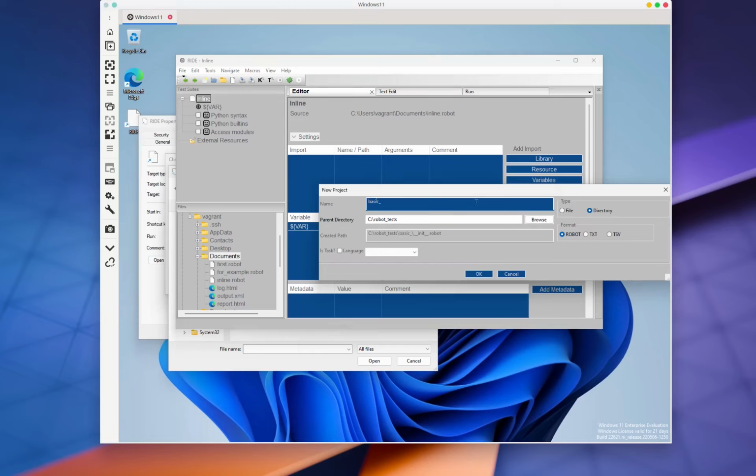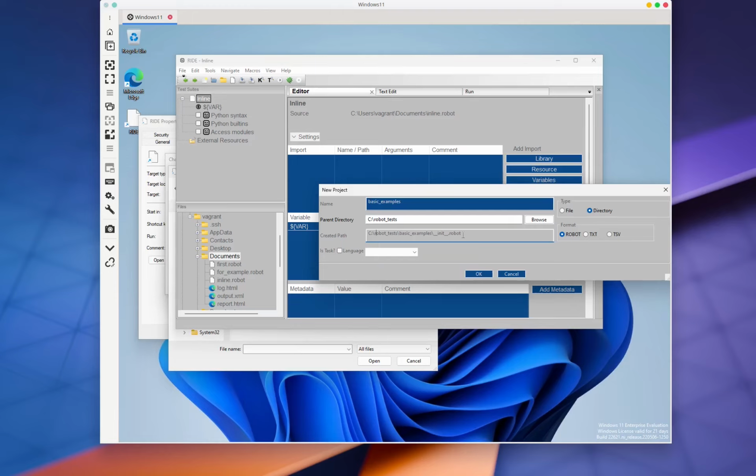Call it basic examples. So we will have a test suite named basic examples, and as you can see here it would create an init.robot file